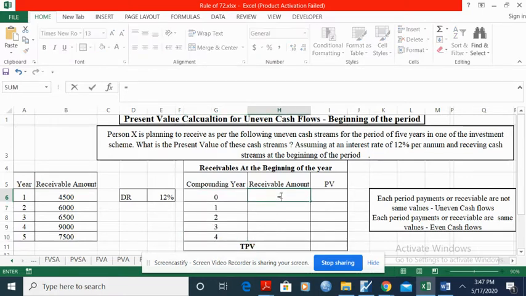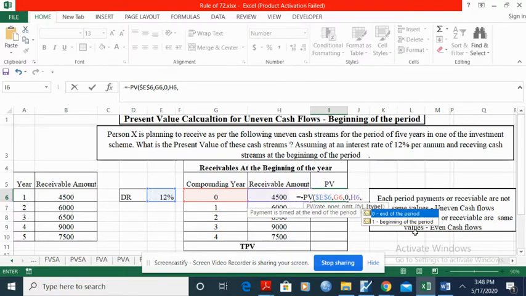So how much is the receivable amount? Receivable amount is 4,500 rupees. Take the input from the input table. So calculate present value quickly, minus PV, double click. The interest rate, 12 percent, remains the same throughout the time period. Please lock it with function F4, dollar E dollar 6, comma, the number of periods is 0. Just select the compounding year cell. PMT here has no role because we are considering uneven cash flows, so PMT annuity we are not considering. That's why 0. Then future value is nothing but the receivable amount, 4,500 rupees.